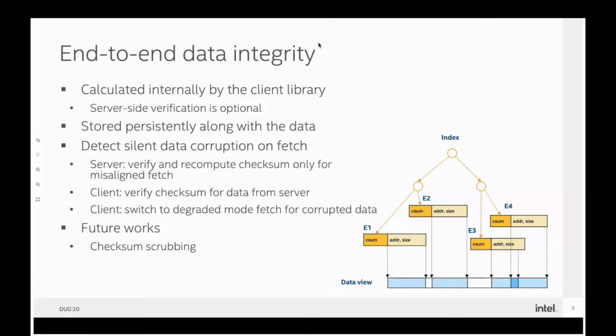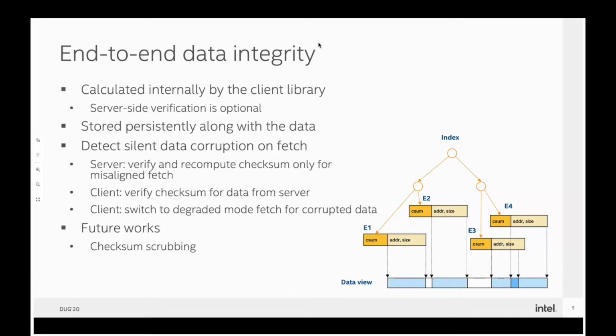If the application wants to read back the data, then DAOS server will return checksum and data back to DAOS client. So DAOS client can verify the checksum and see if data is still correct. If it is, then DAOS client will notify the application completion of the I/O.